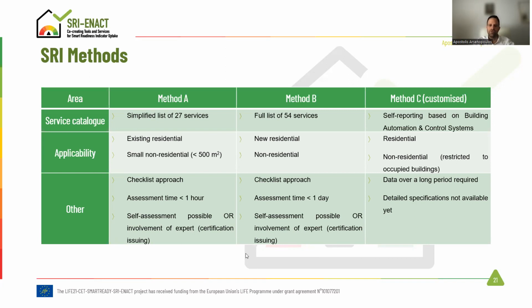All methods are structured based on the same methodological components, although method A makes use of a more simplified set of services. You can see here that we have a total of 25 smart ready services included in method A, and it is therefore linked to less time-consuming efforts, and requires limited expertise of the assessor, or of the individual that will carry out the SRI assessment, compared to the other 2. So less services, more limited expertise required. Method A was originally developed to be applied in existing residential and small non-residential buildings, while method B includes a